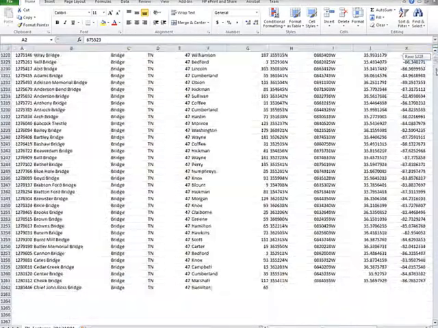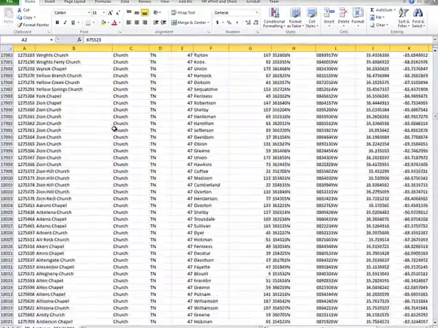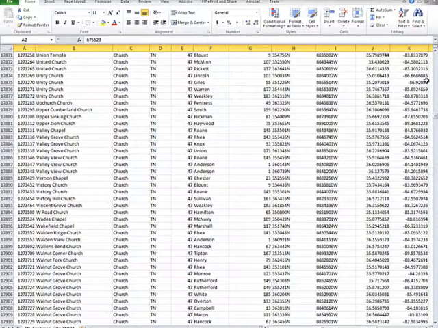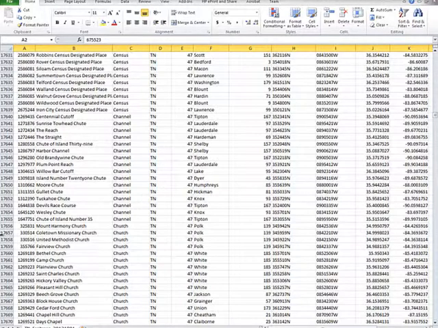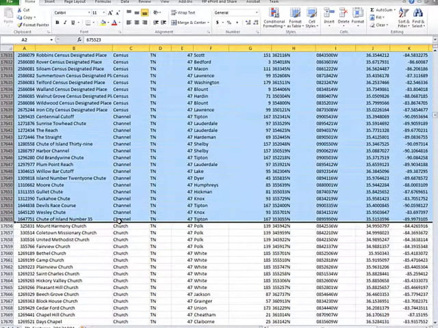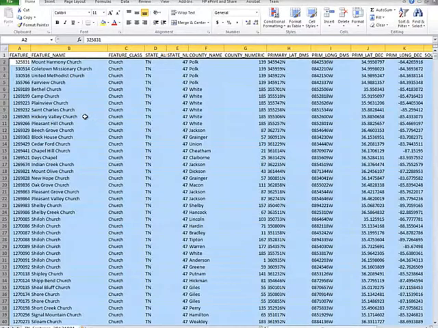and I've selected the first airport, and I'll scroll down till I see church come up in the first record here. Here we go, and I'm going to scroll back up. There's a lot of churches in Tennessee, so okay, went a little too high, and I'm going to hold my shift key down now, and select this record number that is the last record before church. Okay, and then what I can do, I can right click while I'm out here on one of the record numbers and then click delete,